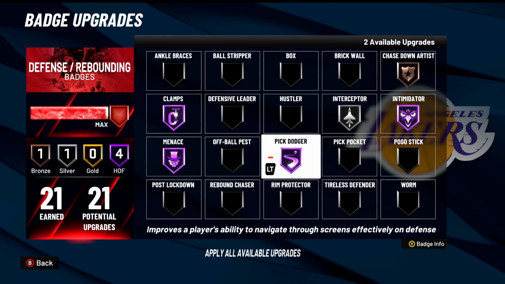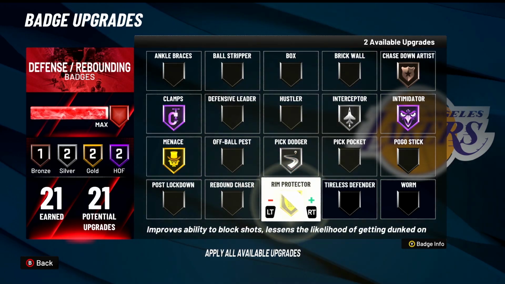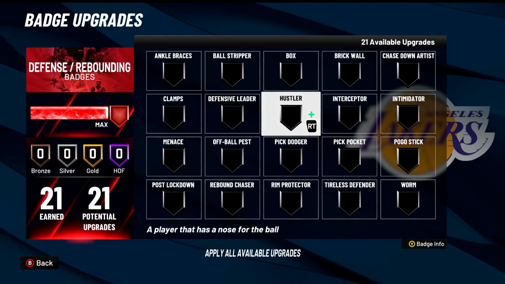And if you are playing 2s, I would recommend dropping pick dodger, maybe dropping menace a tier down, and putting on rim protector and chase down at least gold, maybe Hall of Fame for both if you are a lockdown on the 2s. Now a lot of people ask for my badges on my facilitating finisher,